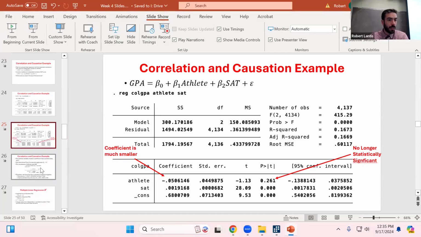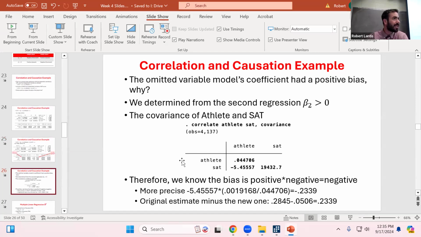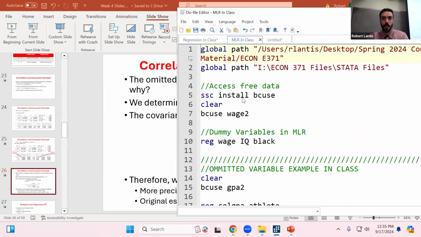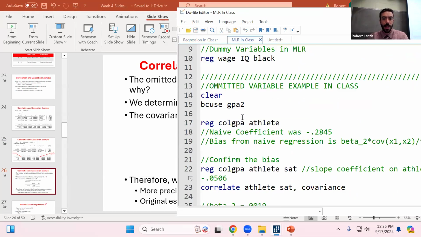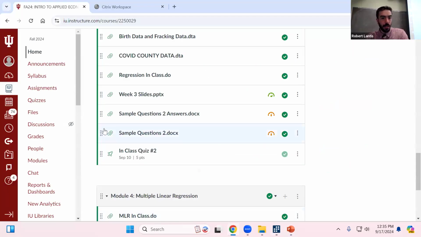We'll pick up on this and finish this correlation and causation last class. I'll show you some stuff in Stata that we can do related to it. We'll use this multiple linear regression in class. So I've got that wage data. We'll run through some bias examples with it. So what I want to do though, the last 10 minutes here